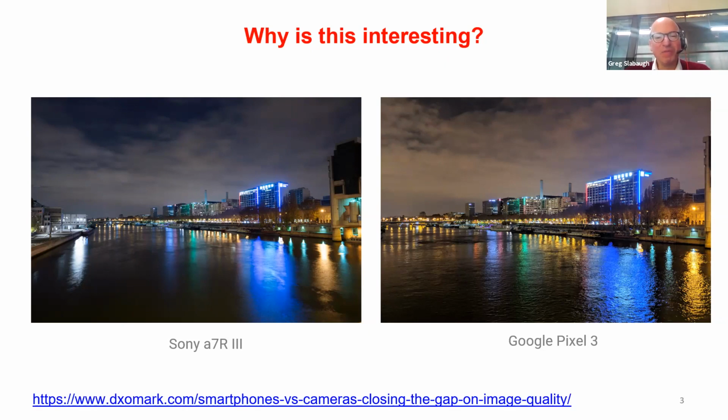Now, what's better and what's worse is a thorny question. It's very subjective, but for me, at least, the colors and the texture look more vibrant in the image on the right. If I was going to post this on social media, I would probably use the Google Pixel photo. So the question is, how are smartphones getting so good at taking photos? The DSLR actually has the advantage in terms of the optics. And the answer is software.